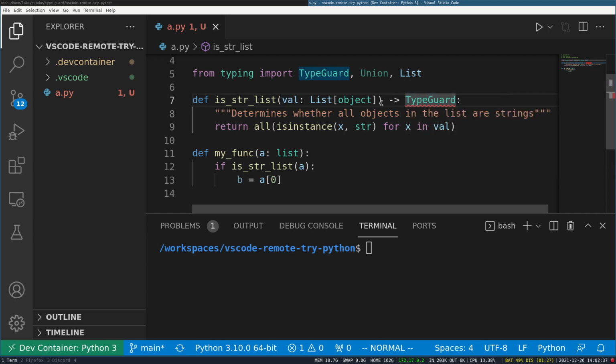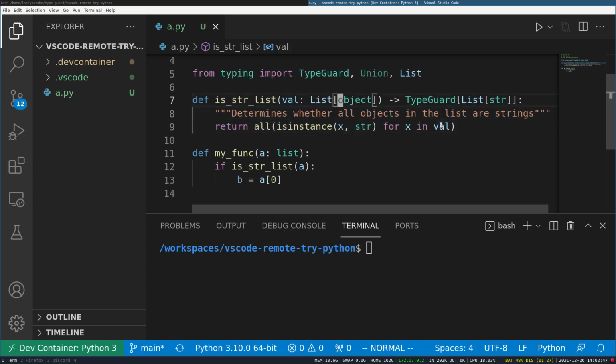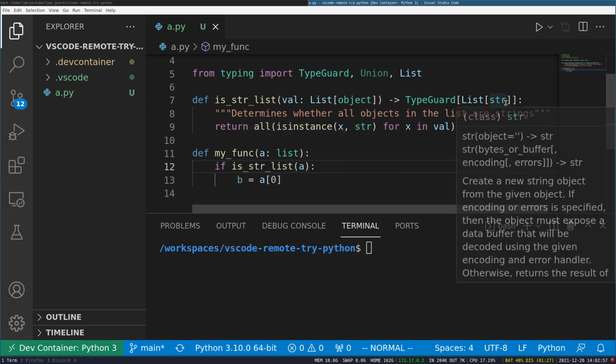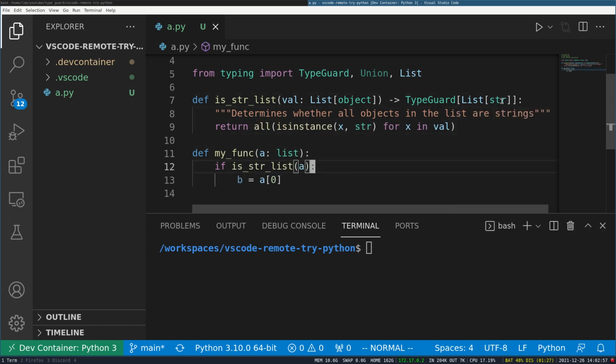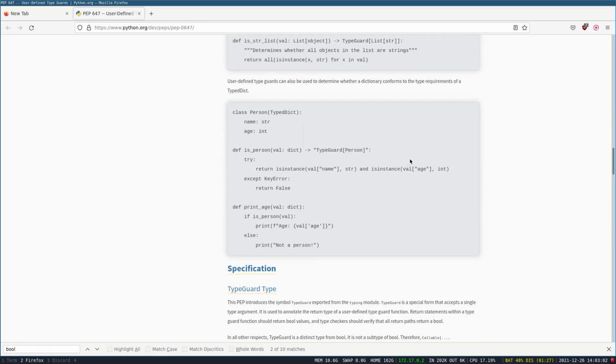And how will I specify list of string? I'll set TypeGuard, and then I will specify list of string. So if this function returns true, that means that the argument is a list of string. Now if we see the type of b, then it is string. And this is all about Python type guards, I think, user defined type guards.